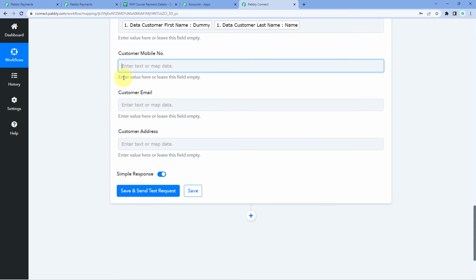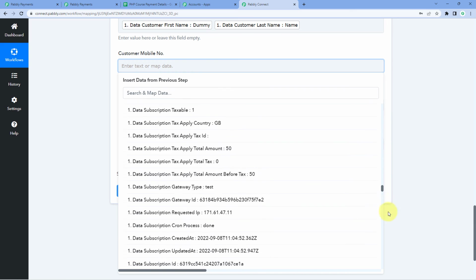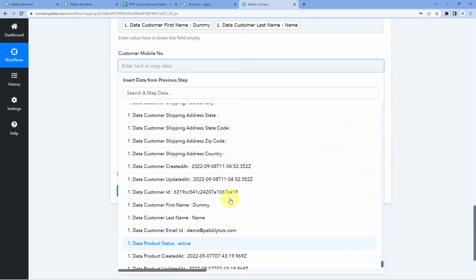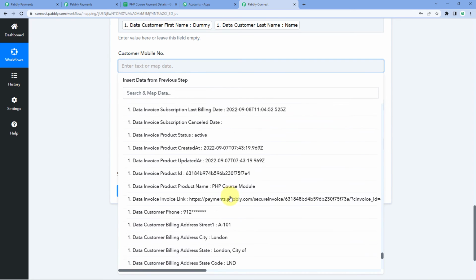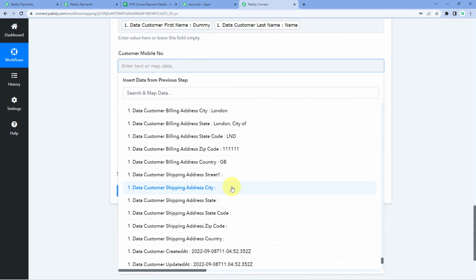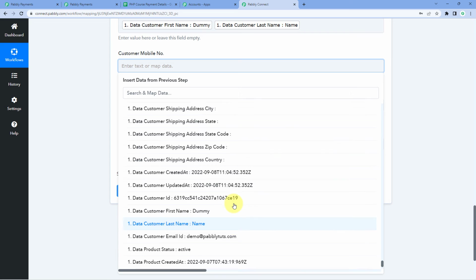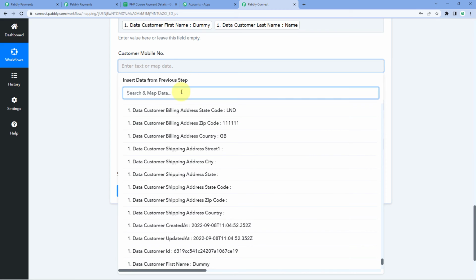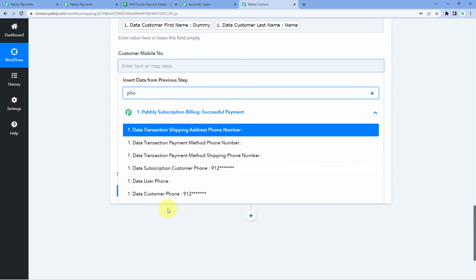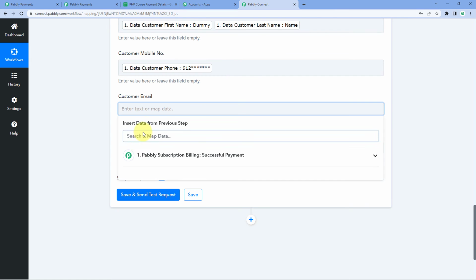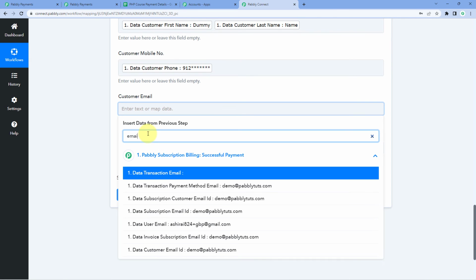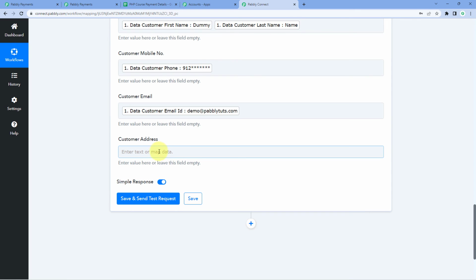Now let's map the customer's mobile number. So from the drop down, search for the response of mobile number. Let's search for it. Okay, so we have the response of mobile number. Okay, so let's search it over here. Okay, so this is the customer phone number, data customer phone. Just select it and map it. Now let's search for email and map the email address of the customer, data customer email, map it,